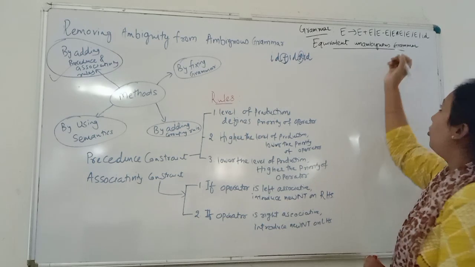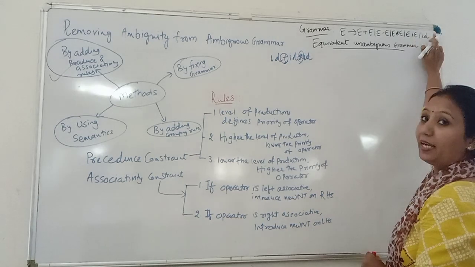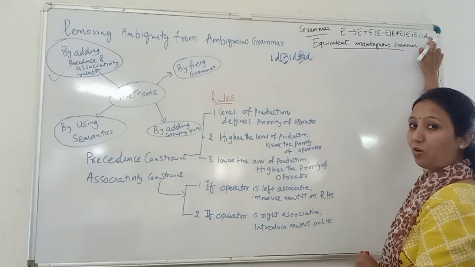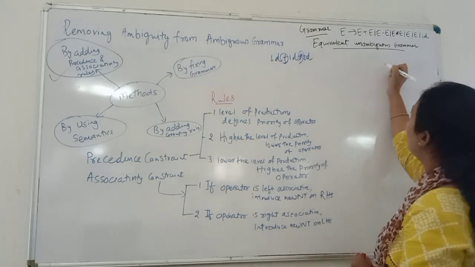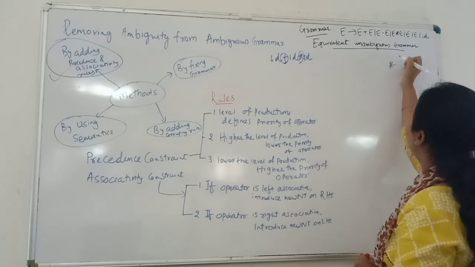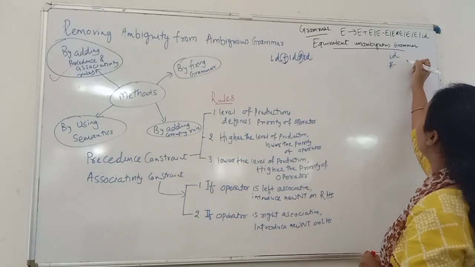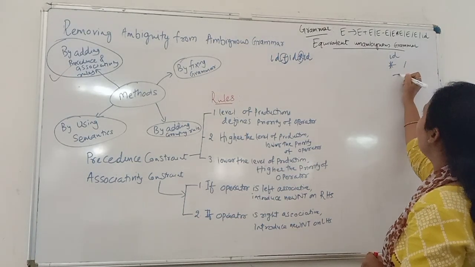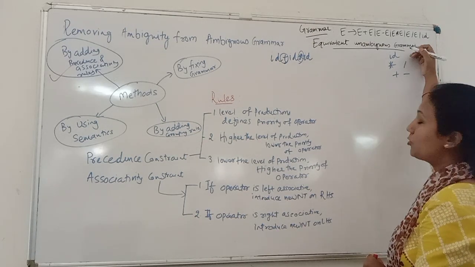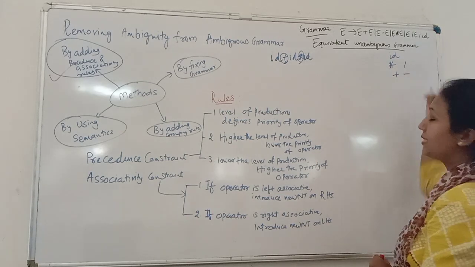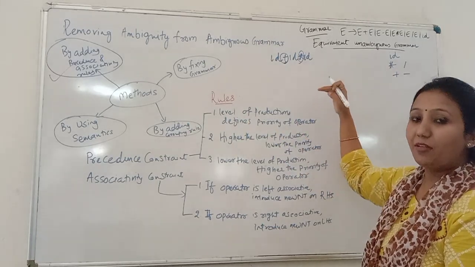For example, over here we have four operators: plus, minus, star, divide, and along with that we have an operand called id. So we have to define the precedence of these operators. The highest precedence is obviously of id. Then the next precedence operators are star and divide, and lastly we have plus and minus. So the precedence of operators is in this way: id has the highest precedence, then star and divide, and lastly plus and minus. So the first rule states that when we rewrite a production, the level of a production will define the priority of operators.